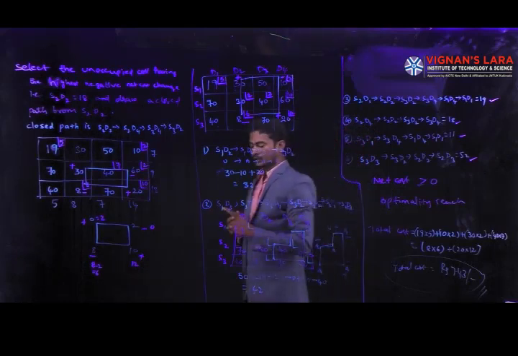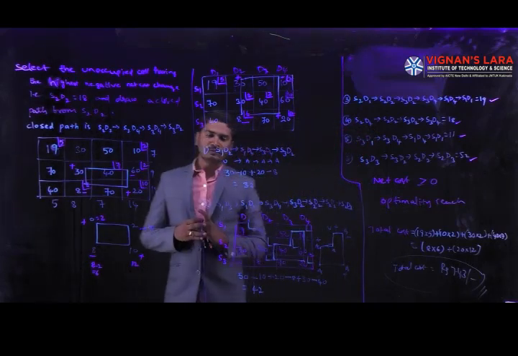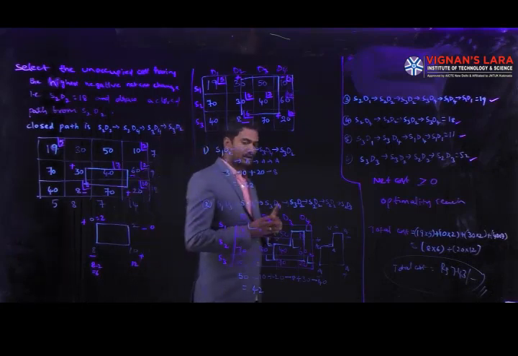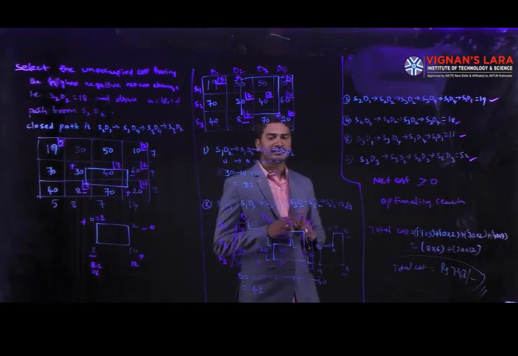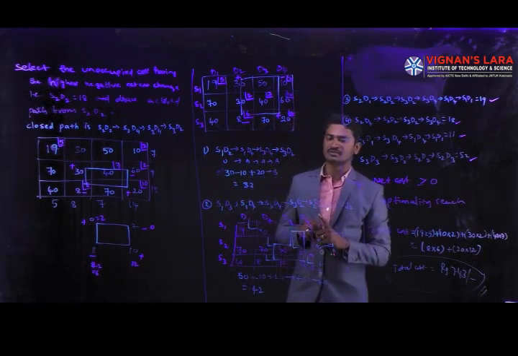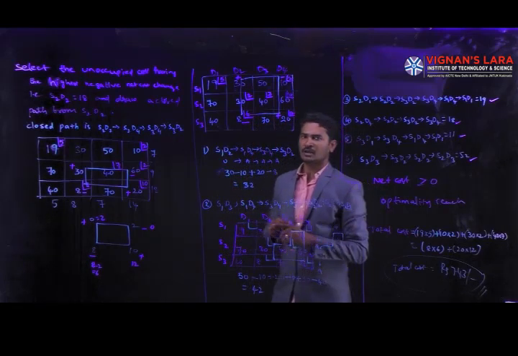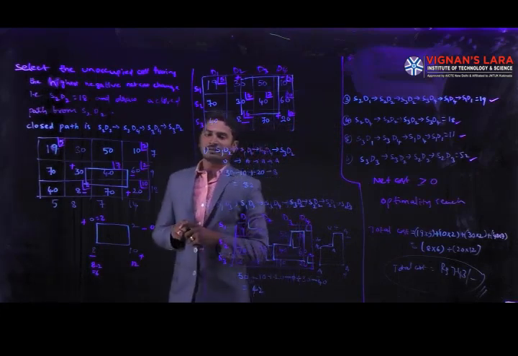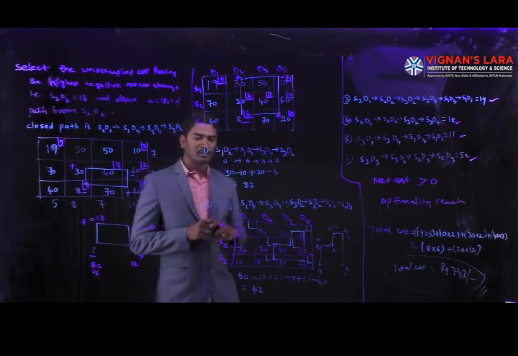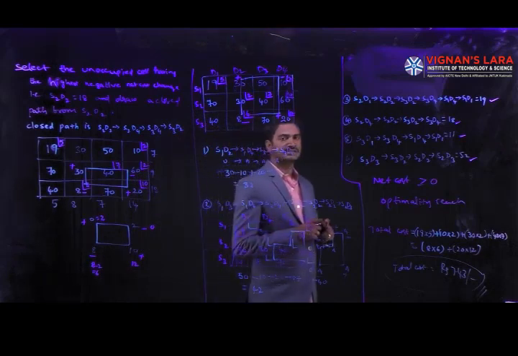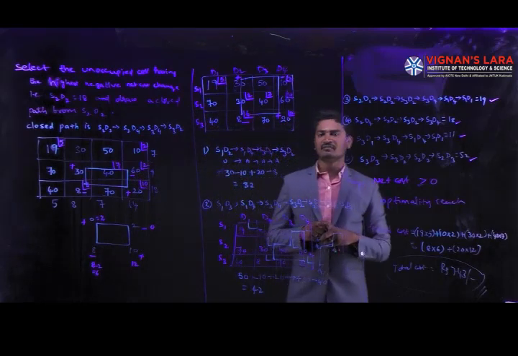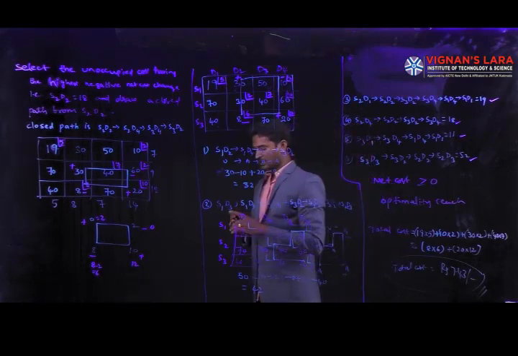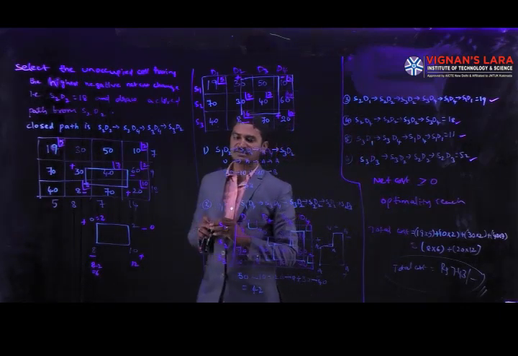Before moving towards optimality, we have to calculate the initial basic feasible solution. We have three methods to calculate it: northwest corner method, Vogel's approximation method, and least cost entry method. In our problem it is already mentioned to find the initial basic feasible solution using Vogel's approximation method. That's the reason I am applying Vogel's approximation method.